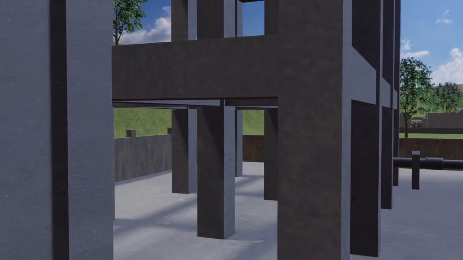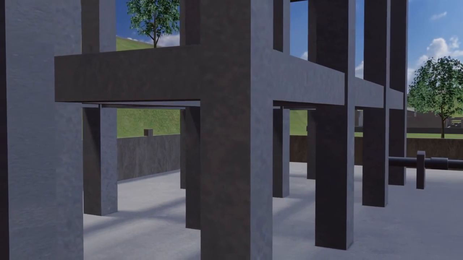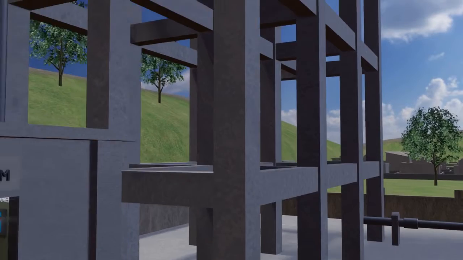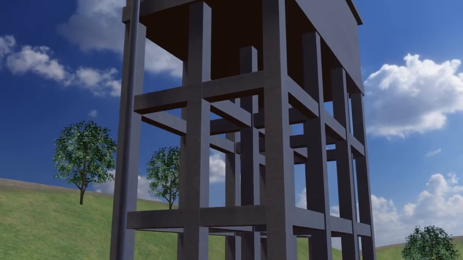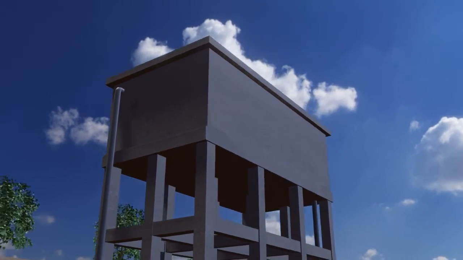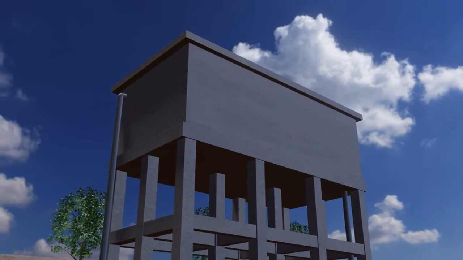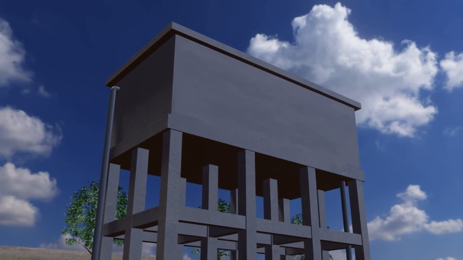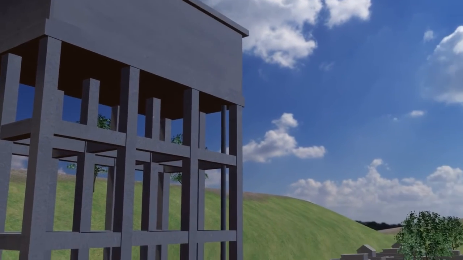Finally, the clean, potable water is moved to the clear water reservoir. From here, the water will either be pumped to an overhead tank or it will be directly distributed to the end users via the distribution network.